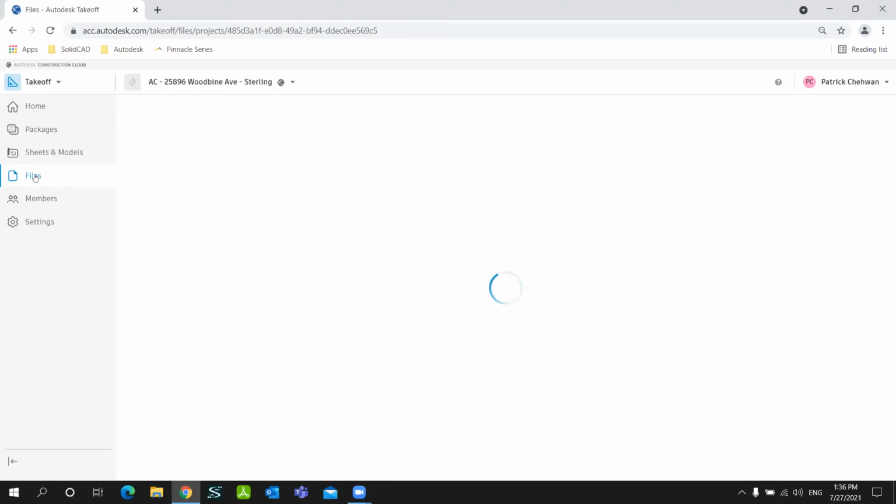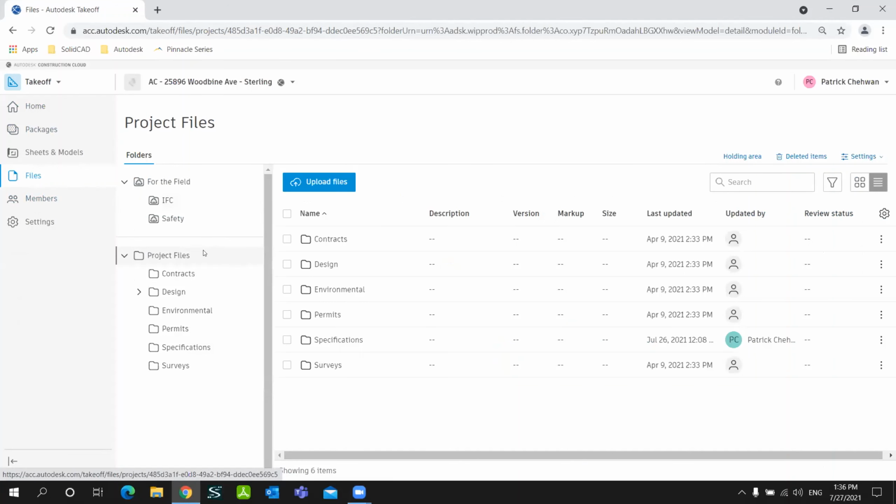Files is a common section or a common folder between different modules, such as on Takeoff. It's also found on Build. Mainly on Files, you have two main folders, Project Files and For the Field. So Project Files is a folder where you have all of the files related to the project, examples such as